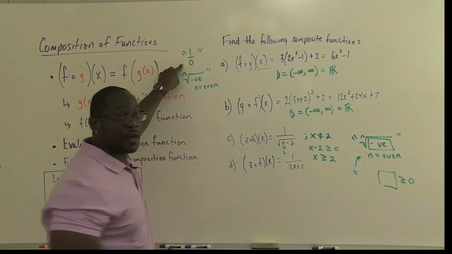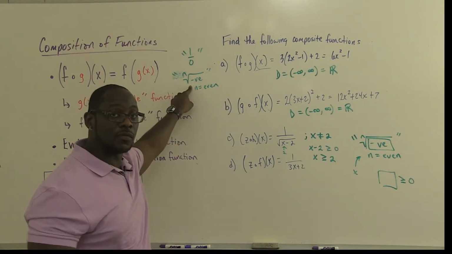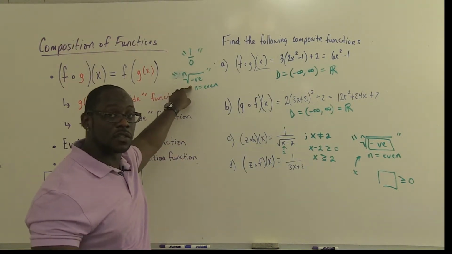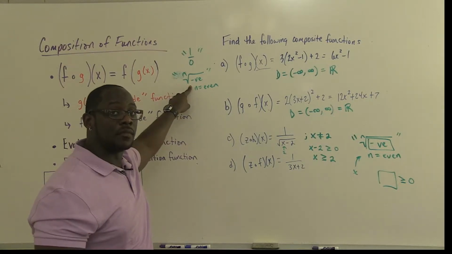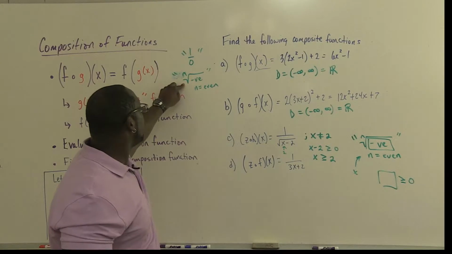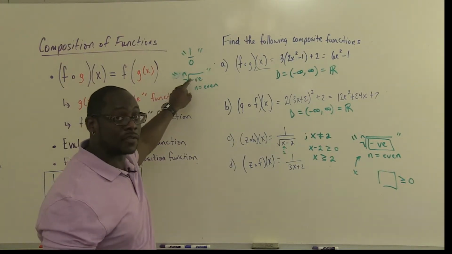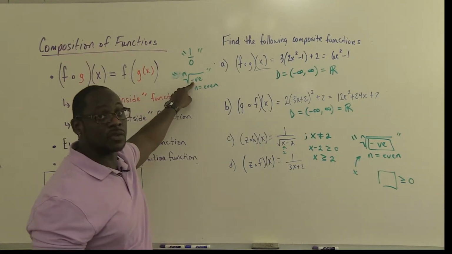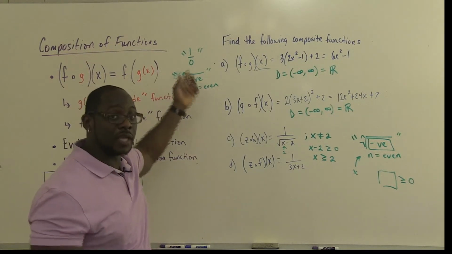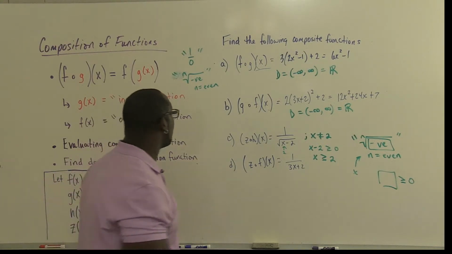Anything that makes us divide by 0 when we plug it in, or anything that makes us take the square root, fourth root, sixth root, and so on, of a negative number. Whenever we take an even nth root of something and, when we plug in the x value, we result in a negative number under the radical, then we can't have those particular x values in the domain, okay? So